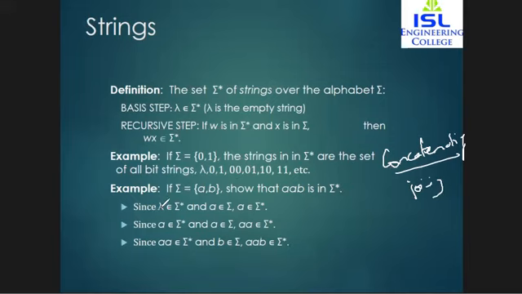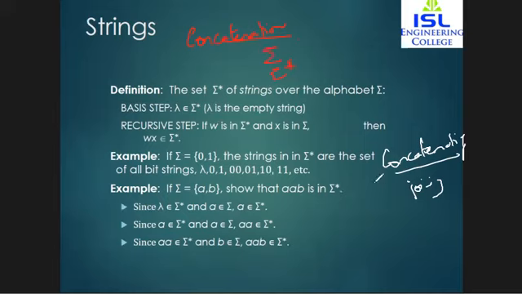So first we will start with the empty string lambda is in sigma star and also A is in sigma. So A belongs to sigma star. Similarly, we will take two strings, concatenate them, and then finally concatenate the string with B. So two strings can be combined via the operation of concatenation. This operation of joining two strings is known as concatenation. Suppose sigma is the set of symbols and sigma star is your set of strings formed from the symbols in sigma. The concatenation of two strings has the basis step being the empty string, while the recursive step is joining the two strings.